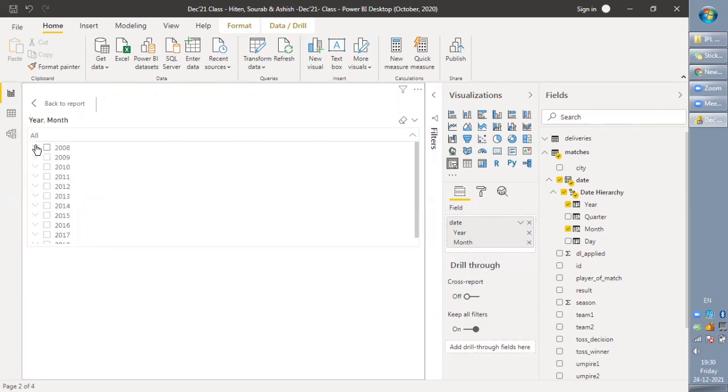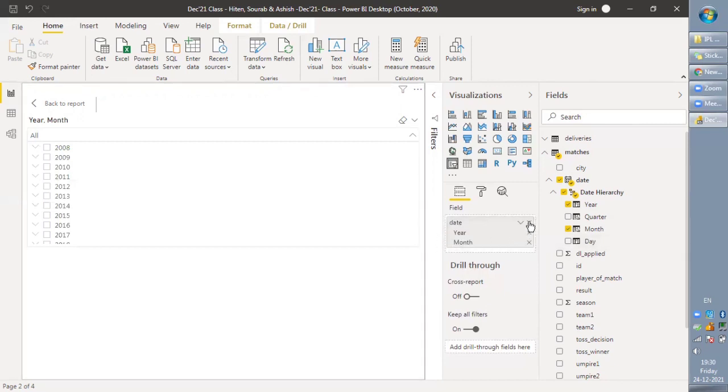That's useful, but it's not required for our data, as we know that the IPL matches happen once in a year. So specifically 1 or maximum till 2 months it will cover. So we don't require a month. And simultaneously, if you want other quarter also, then you can drag and drop. So this is called hierarchy, which you can use in the slicer.